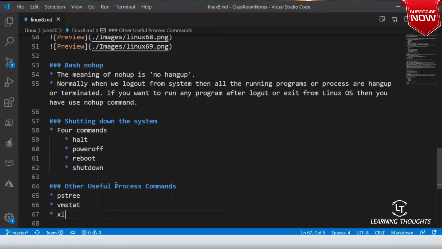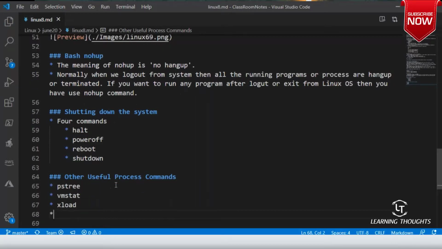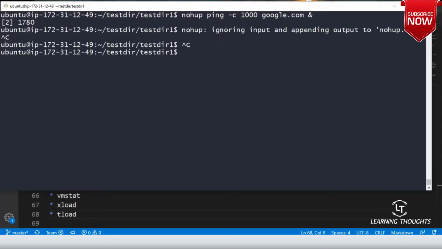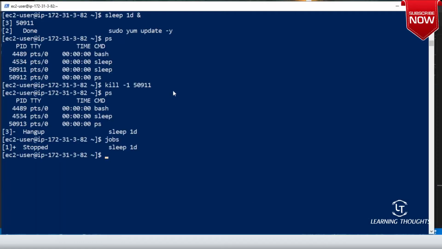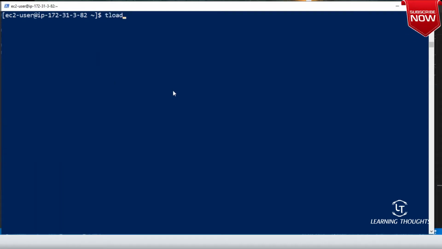There is a command called xload. Okay. And there is a command called tload. Okay. So now I can go into the system and execute this tload. There is some information which it is trying to give. So it will try to tell the load over your system.